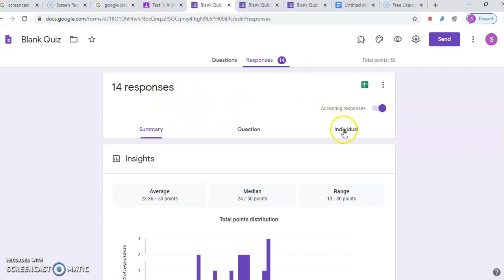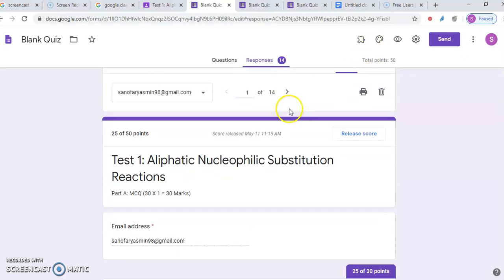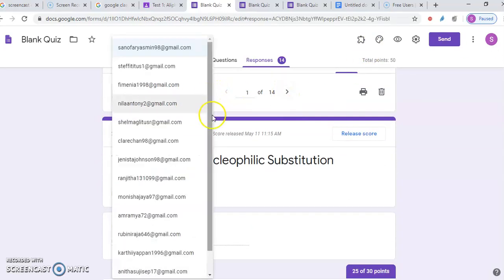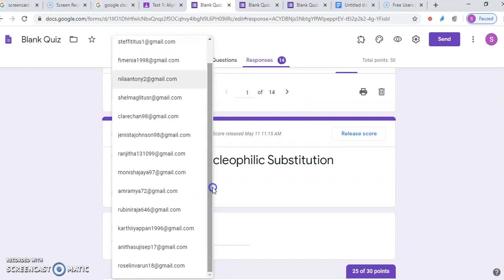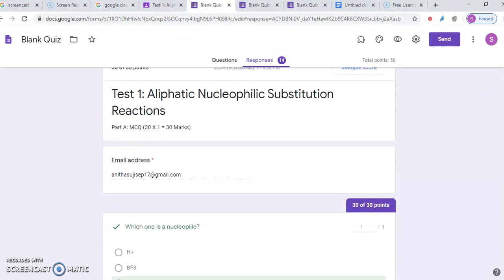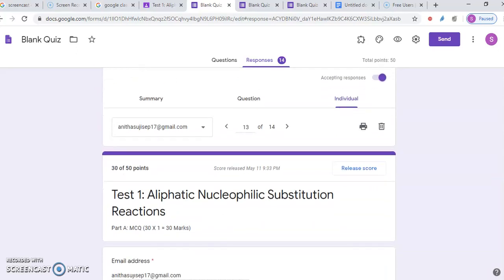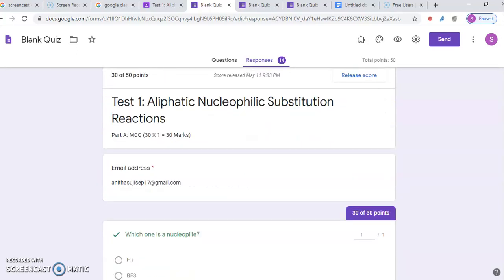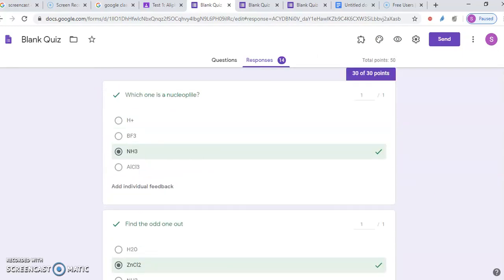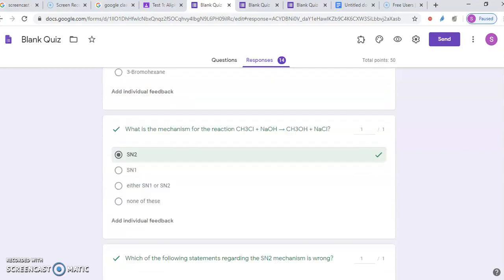Next, I click individual response. I take one response. This is one of the student's responses. For this student, for the MCQ, she got 30 out of 30. And for section B,